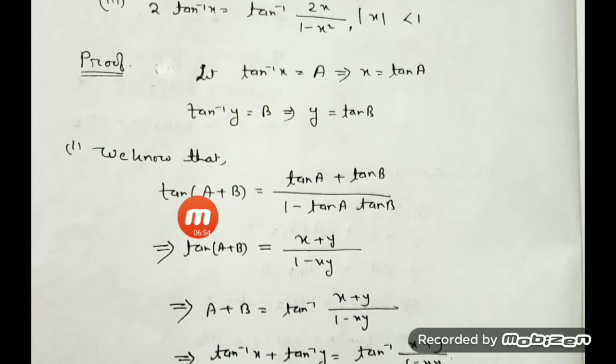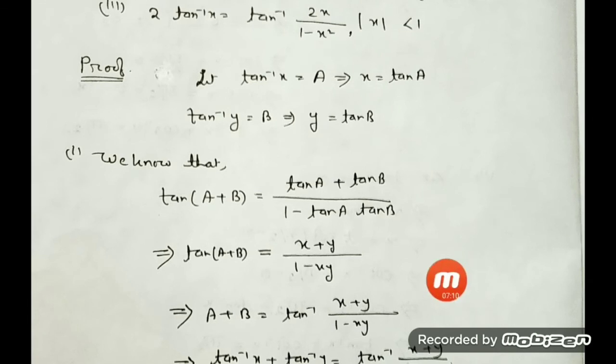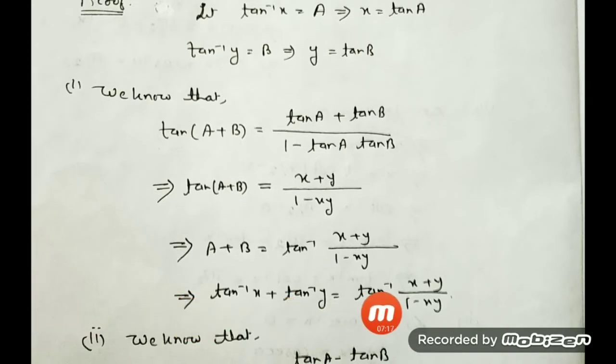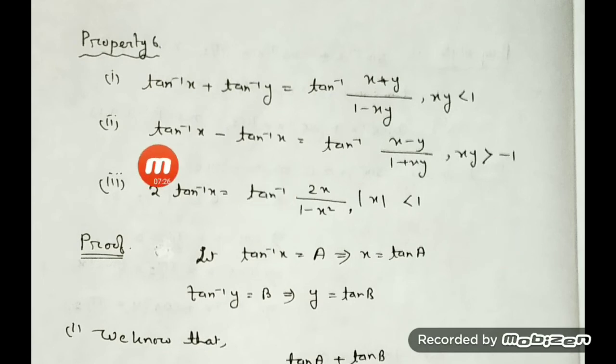It's very simple, which formula we have to use, to find that out. Tan of a plus b is equal to what? Tan a plus tan b by 1 minus tan a tan b. Tan of a plus b, tan a value you know, that is x, b is y. So it is (x plus y) by (1 minus xy). Okay, then a plus b is tan inverse, introduce tan inverse, then replace a and b. A means tan inverse of x and b means tan inverse of y. So tan inverse of x plus tan inverse of y is equal to tan inverse of (x plus y) by (1 minus xy).